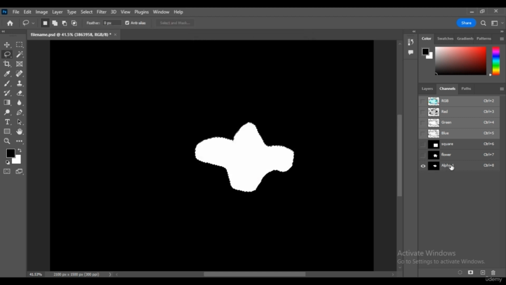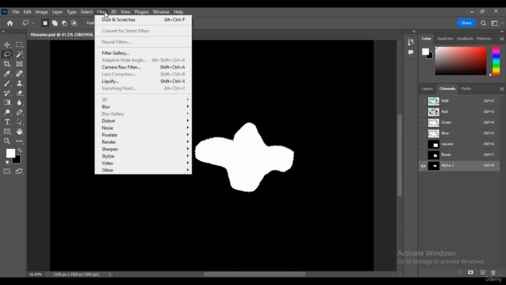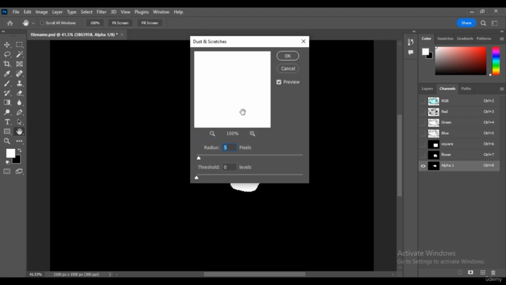Oops, we have to select the alpha channel first, or the alpha layer first, before we go to the dust and scratches dialog box. In here you can see, when we drag and hold, you can see the state before we apply dust and scratches to the selection.